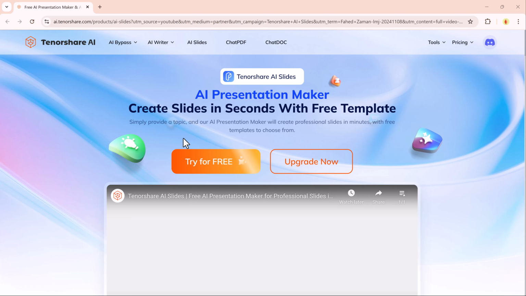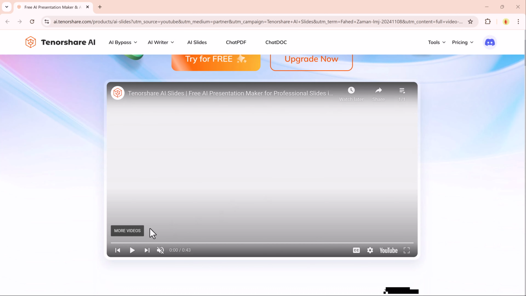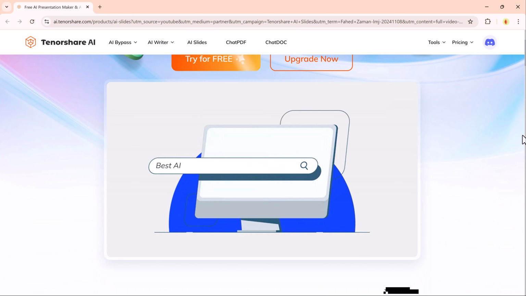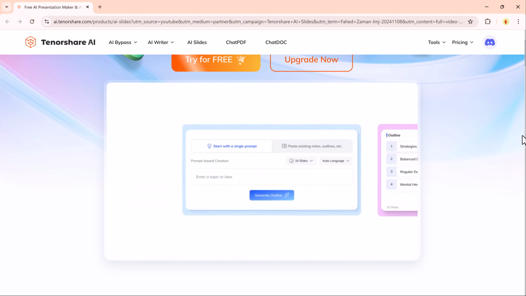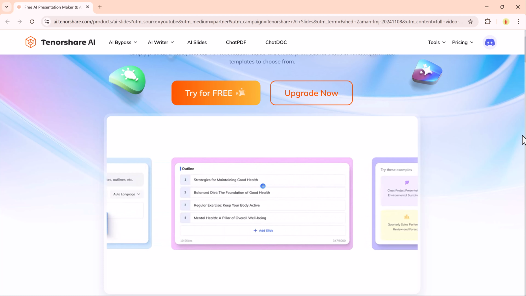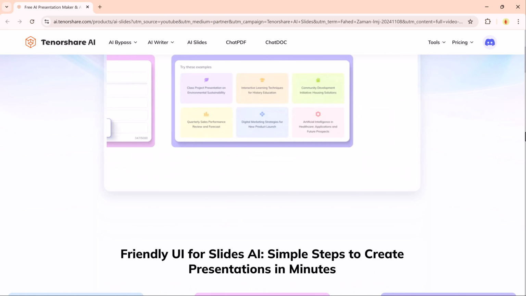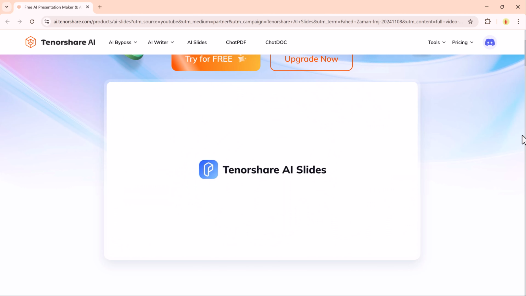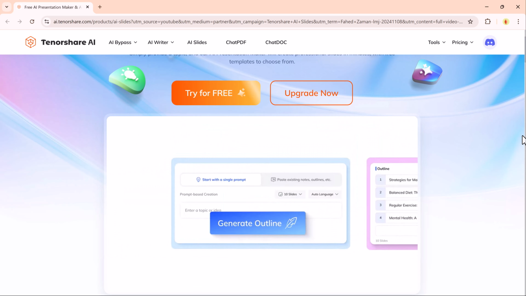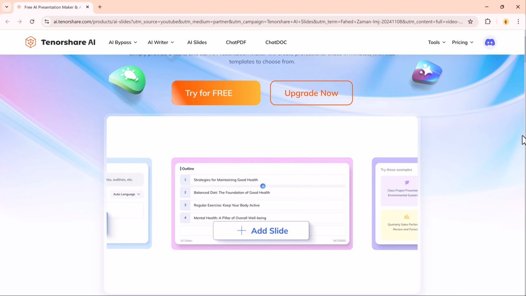Today I am going to show you how to create PowerPoint presentations for free using one of the best AI PowerPoint makers. The tool I will introduce requires no design skills and allows you to produce high quality PowerPoint slides in just a few minutes. Sounds interesting? Right. Without further ado, let's dive in and learn how to create stunning PowerPoint presentations using Tenorshare AI